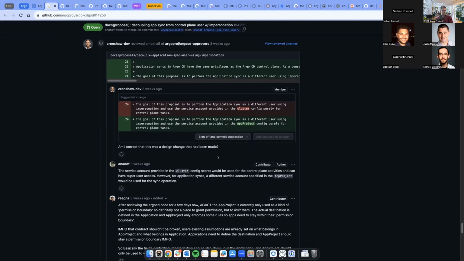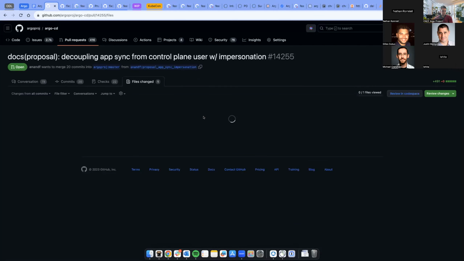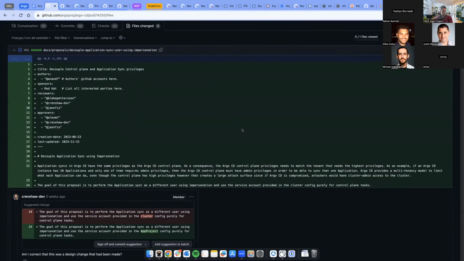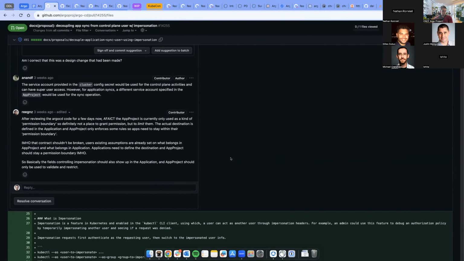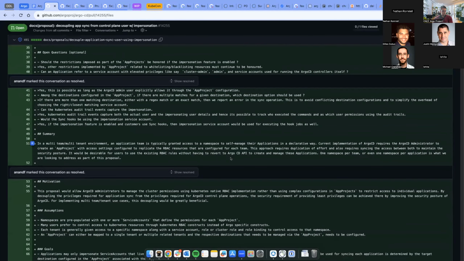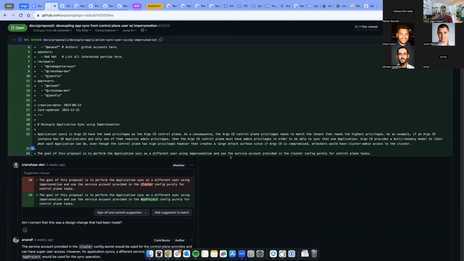There is an example in the previous section from Blake on how this will look. There is a default service account that will be specified, and the allowed service account names in the app project. Could you scroll a bit up?